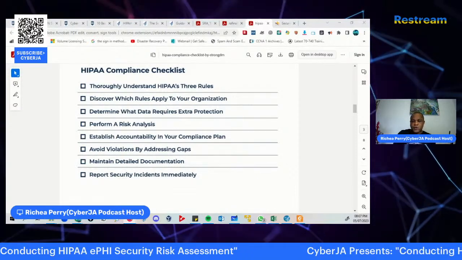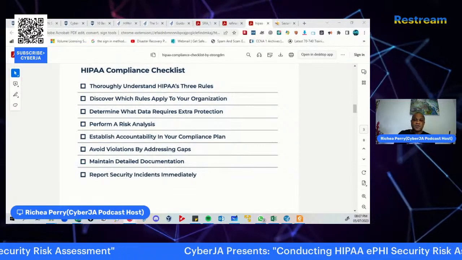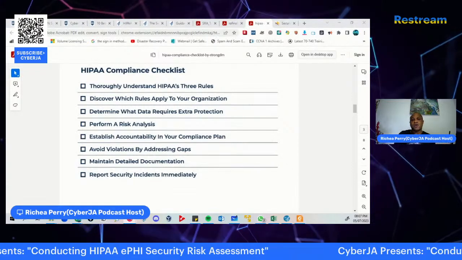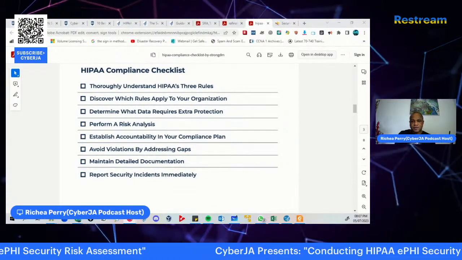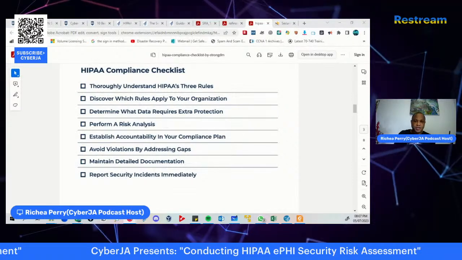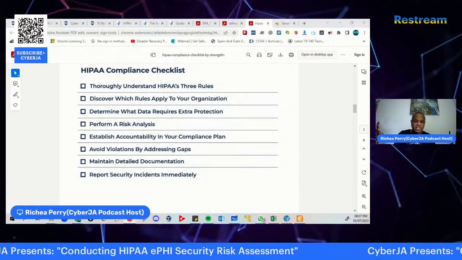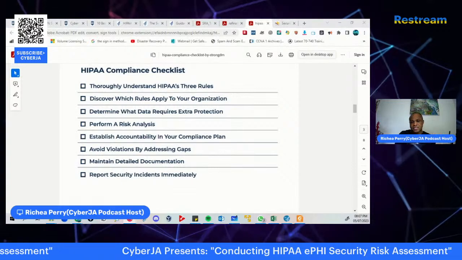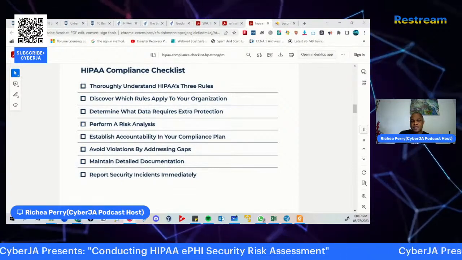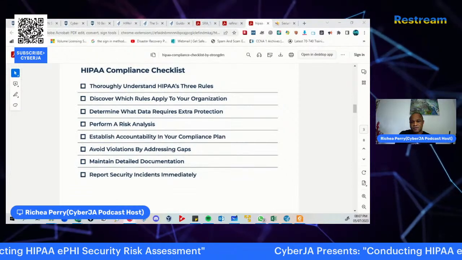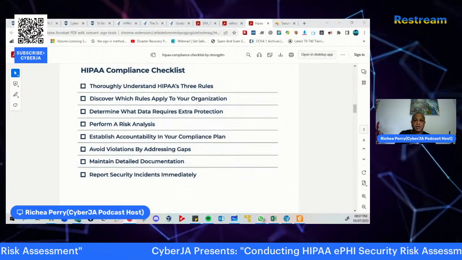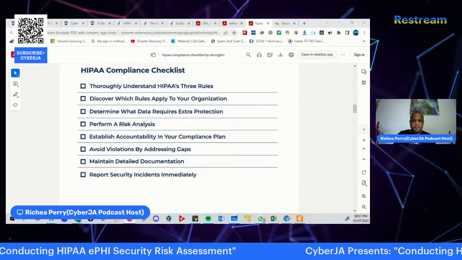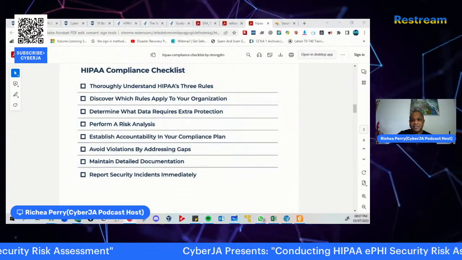So with that checklist, you definitely have to have a plan to execute this particular checklist. And that's where all of the work actually comes into being. So once you become familiar with the standard and you have this checklist as your guide, then you have to develop that comprehensive plan to implement this particular standard in and of itself. And that is where you have to take the time to understand all the various elements that are associated with the HIPAA Act or standard in and of itself.